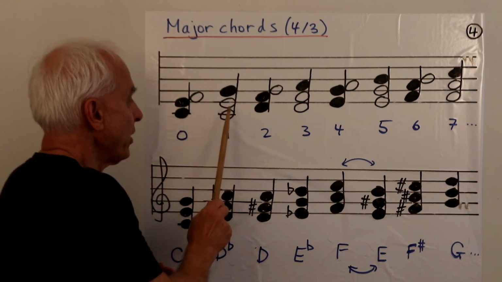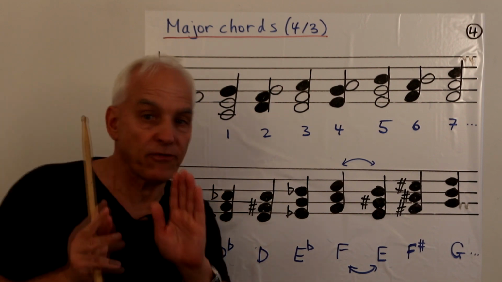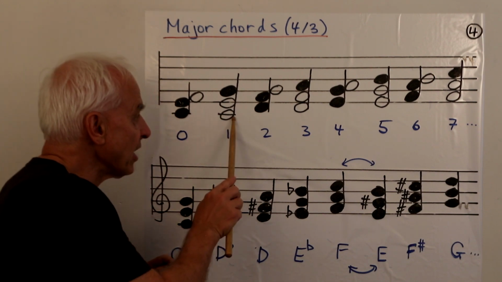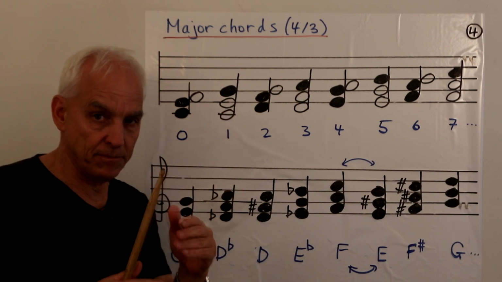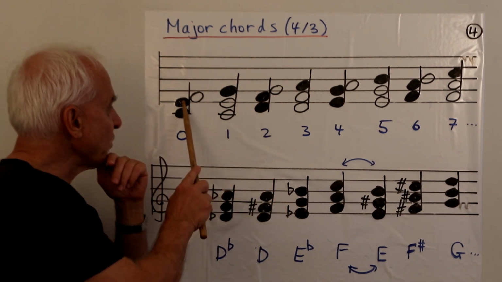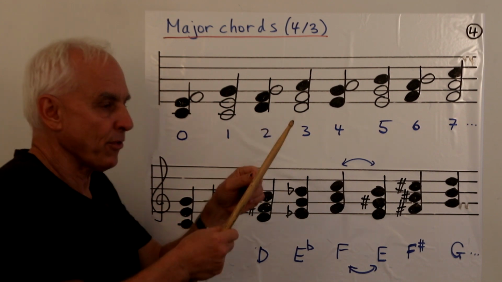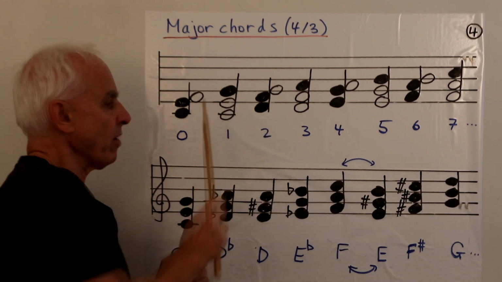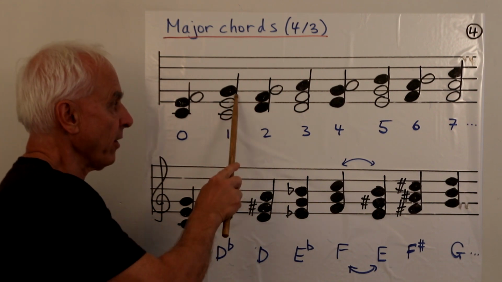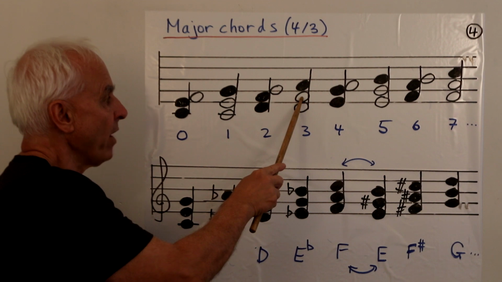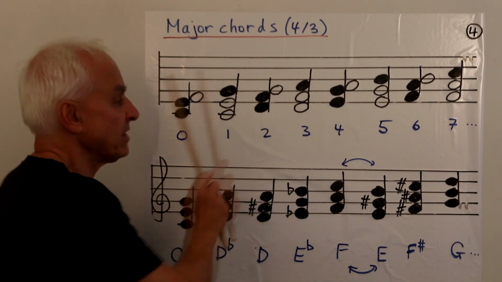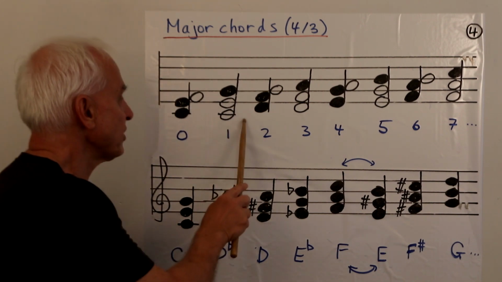Now, if we start on note 1 instead, it's a little bit different. The thing has a little bit different shape. The 4 step is still from this line to this line. 4 steps are always that way. But now the 3 step, which is an odd interval step, okay, has a different shape than this one. You have to go up a little bit further. So you have to go from this one to this one, because if we were counting, the next note would be the black note, this one here, okay? And then the next one after that would be this one. And then the next one after that would be this one. So from here, it's 1, 2, 3 to get to that one. Okay, so there's a 4 step here and a 3 step here.